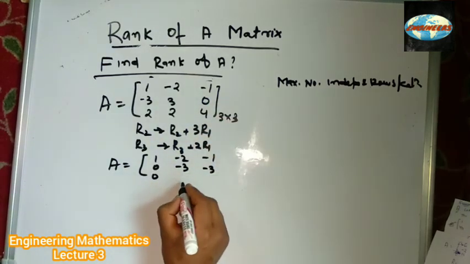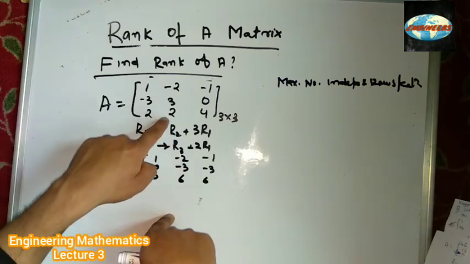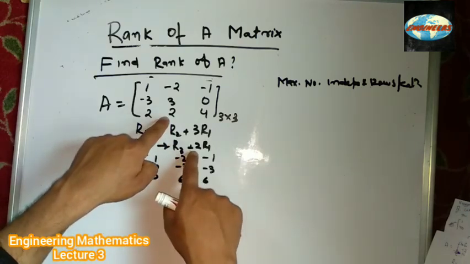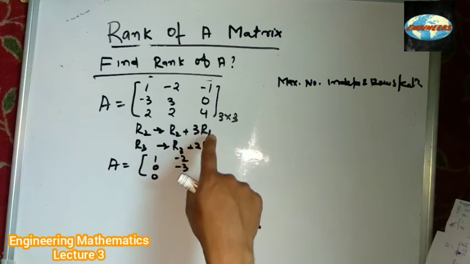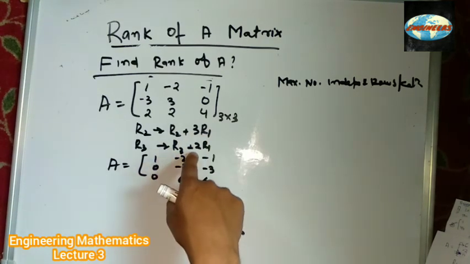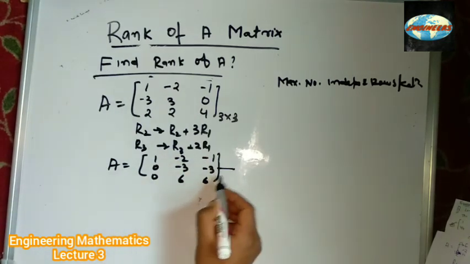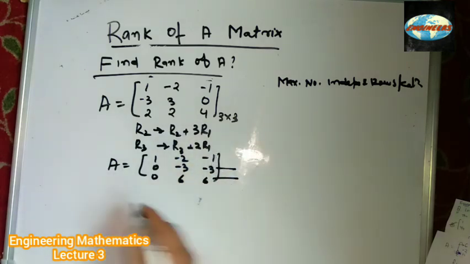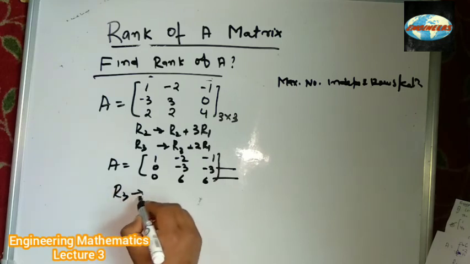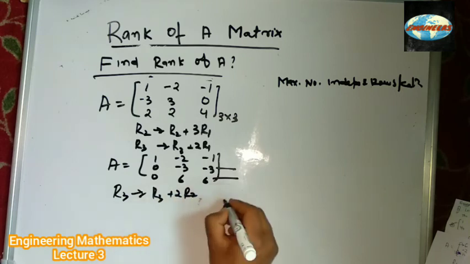And 6 and 6, because for R3 it is 2 minus 2 into 2... that is, minus 2 into minus 2 is plus 4, plus 4 plus 2 is 6, and similarly 4 minus 2 into minus 1 gives 6. There is clearly a dependency, and these two rows are proportional to each other. So if we apply this operation, R3 gives us R3 plus 2 times R2, we will get A